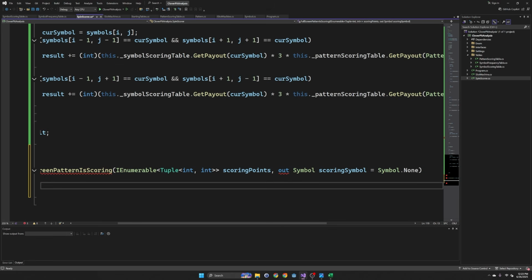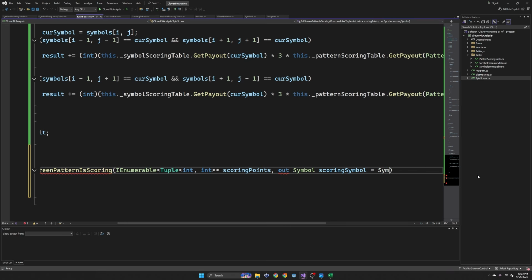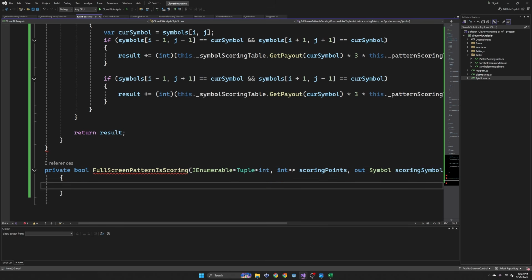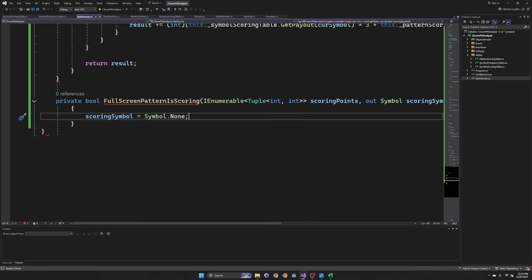No, actually I can't do that. Sorry, that's a default variable. I just have to set that initially. So let's go ahead and do out like that. So out scoring symbol. All right, there we go. So scoring symbol equals symbol dot none. Just like that, okay? Now, all I gotta do is iterate through this and then check to make sure that these are all the same. And so what I'm gonna have the contract be is that if the